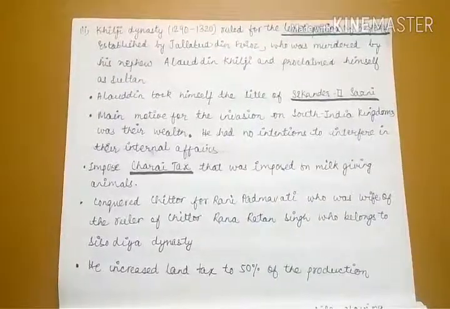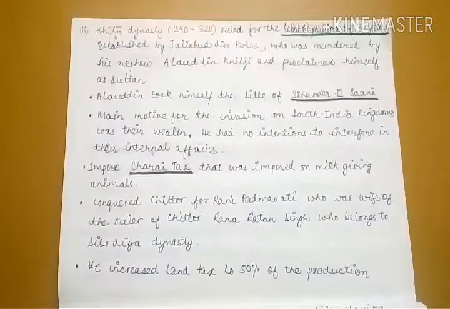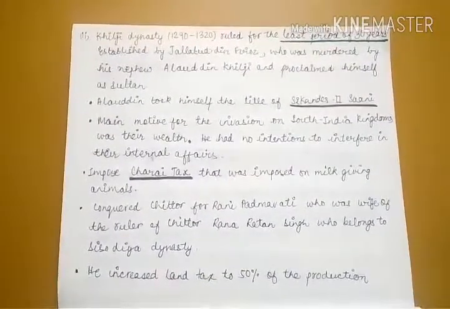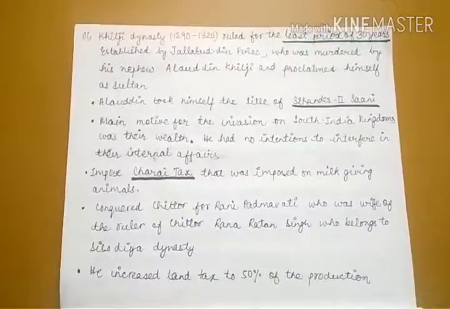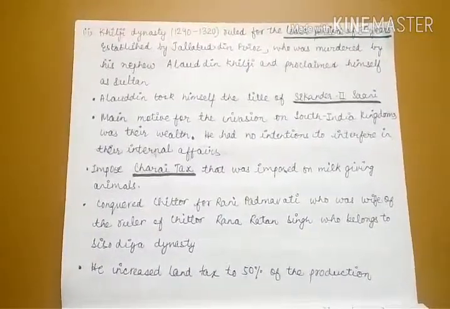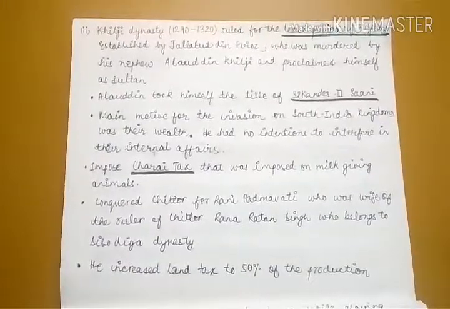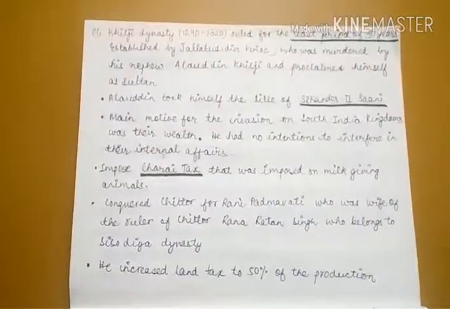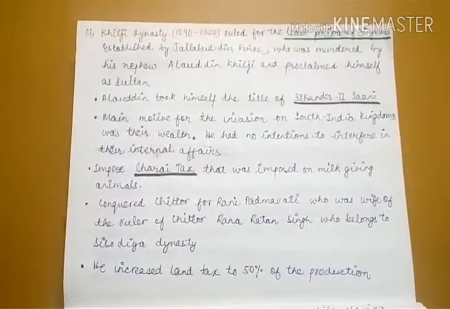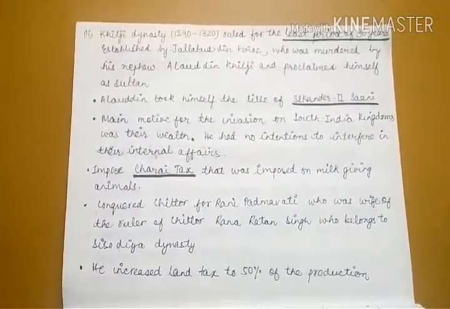The next dynasty was the Khilji dynasty. The Khilji dynasty ruled for the minimum period of only 30 years. It was established by Jalaluddin Firoz, who was murdered by his nephew Alauddin Khilji, who proclaimed himself Sultan. Alauddin took for himself the title of Sikandar-i-Sani. He was the one who